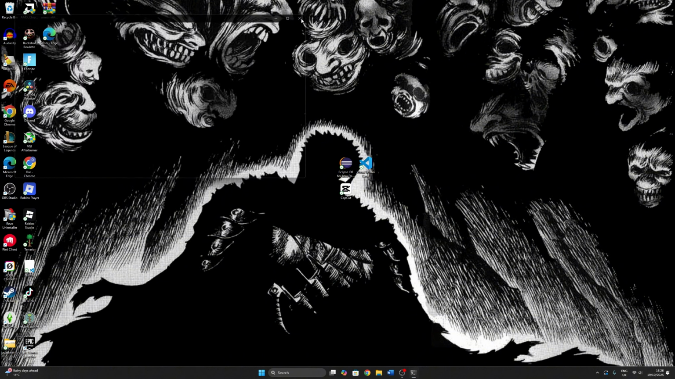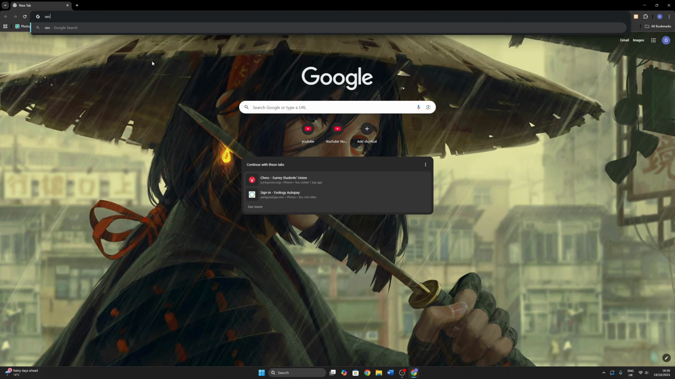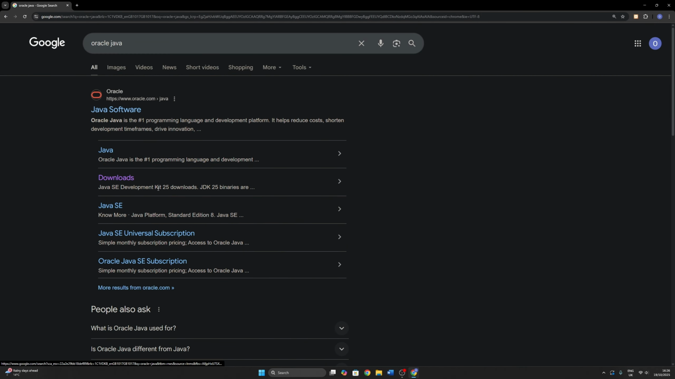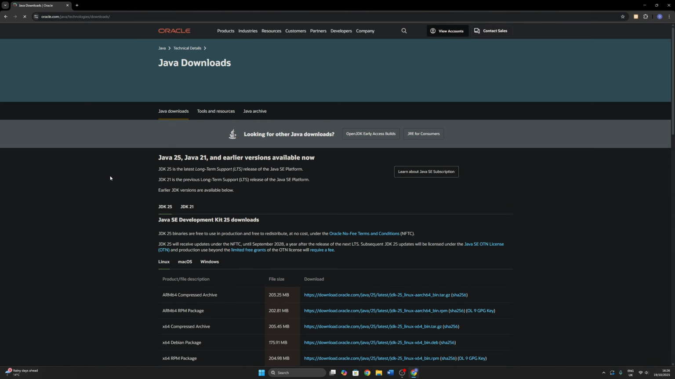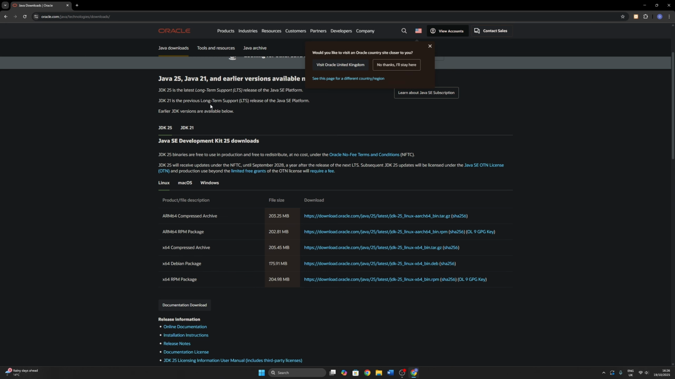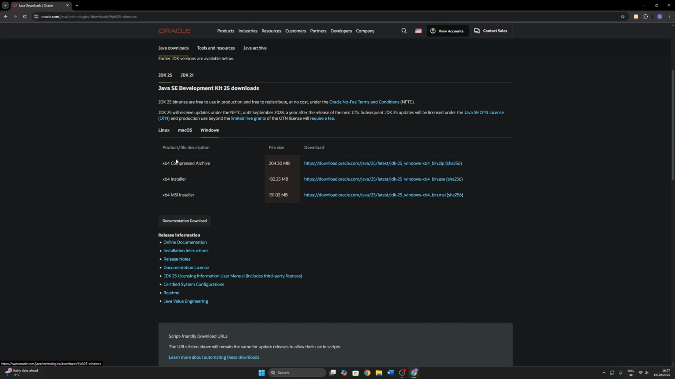Which is installing Java. Open up your Google, search up Oracle Java, then go to Downloads, and now you'll see we have JDK 25, JDK 21. Of course we want the newer one, which is probably better, hopefully. So now we have Linux, Mac, and Windows. This is a Windows tutorial, so we'll click on Windows, go for the middle one. Press download. Okay. Once it's downloaded, you can open it up